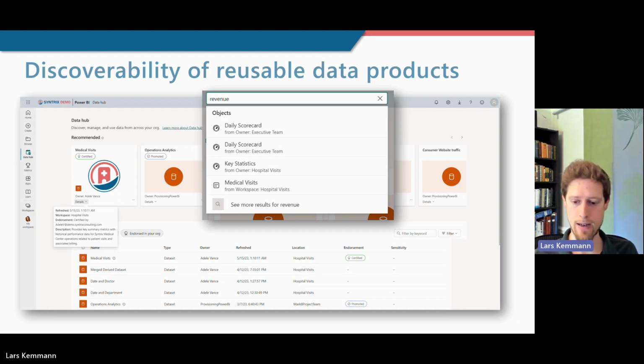We're going to have more on that in a future webinar. Just given the time that we have left here, I think we want to conclude and leave time for Q&A. But we at Syntrix have actually developed a product called Eureka that is a business intelligence catalog that